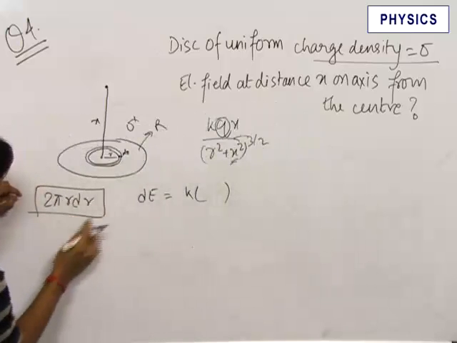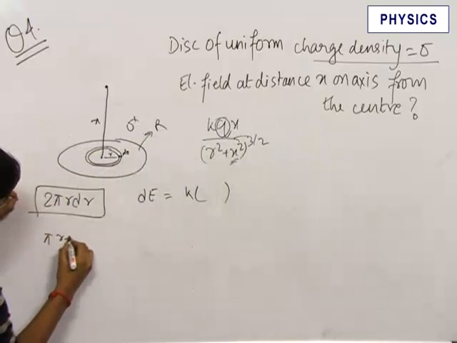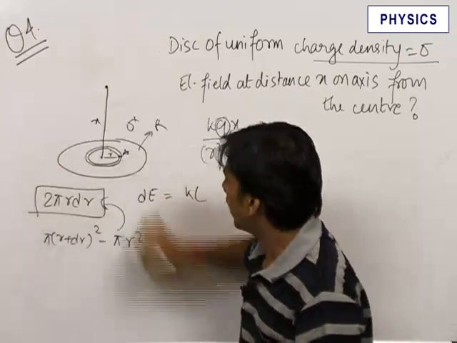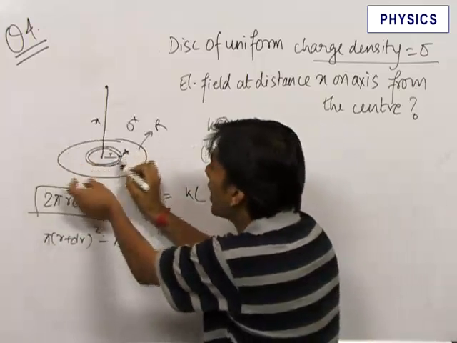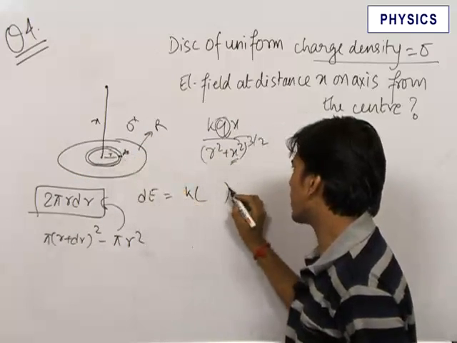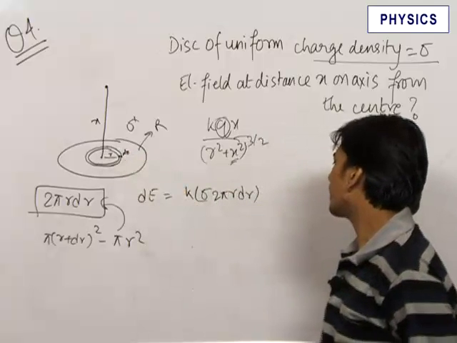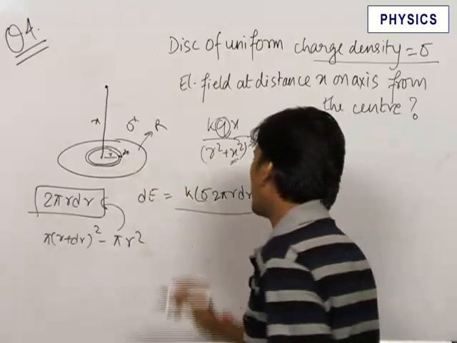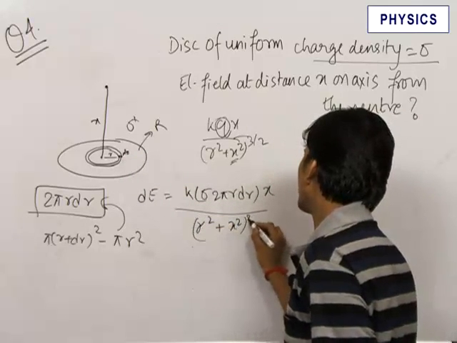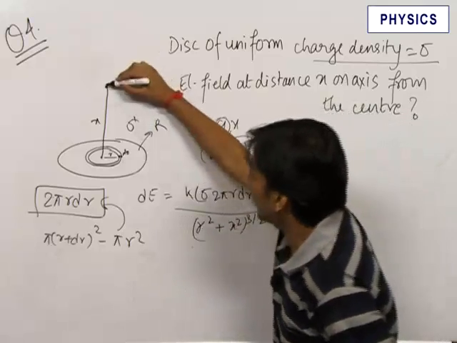If you cannot understand it like that, you can also write the area of the ring as pi of (r plus dr) whole square minus pi r square. You will get the same answer. Another way to imagine it is 2 pi r, the circumference, into dr, which gives you the surface area of the ring. Therefore we can write this as sigma into 2 pi r dr, k q into x upon (r square plus x square) raised to the power 3 by 2. So this is the small electric field in this direction